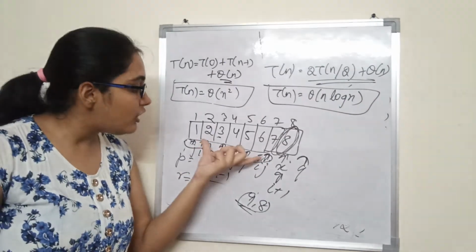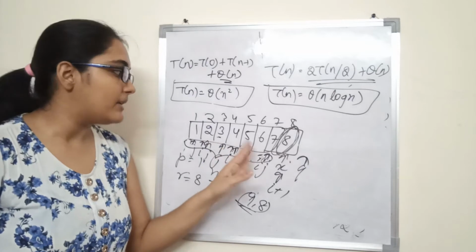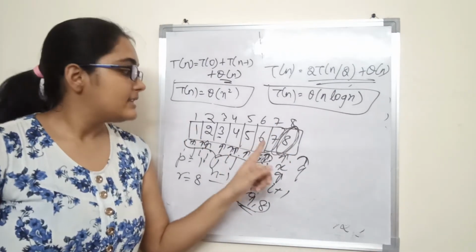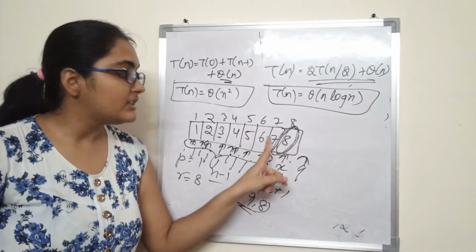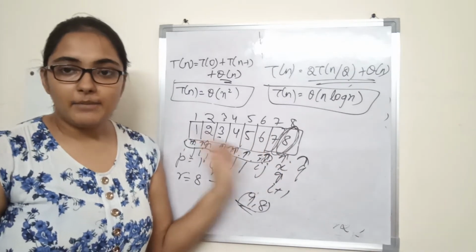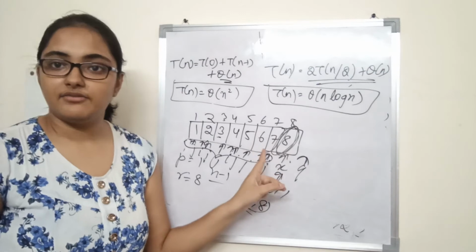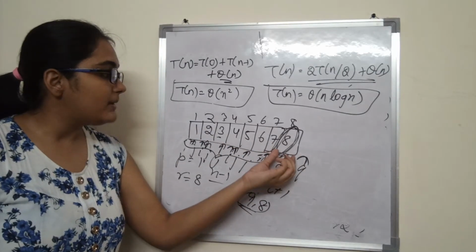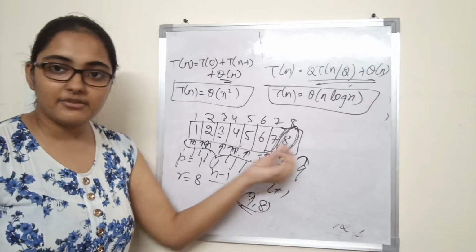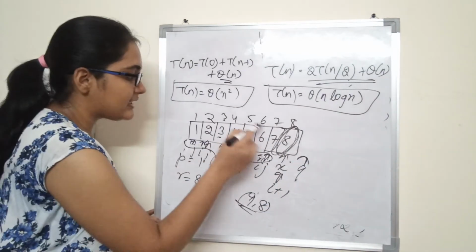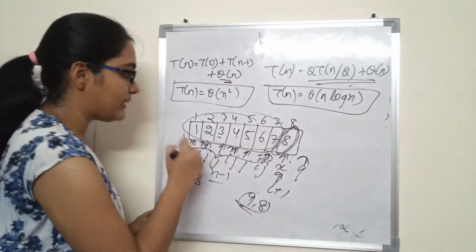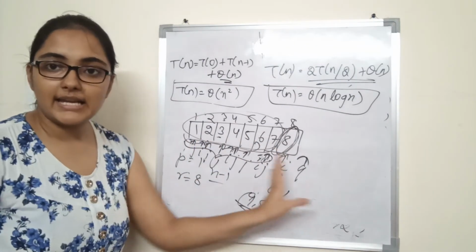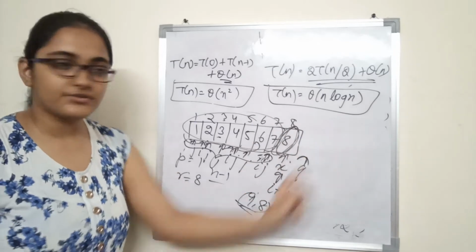Now again, when it is called on this array, that is, when it is called on this subproblem, a similar thing will happen. Again 7 will remain the same, that is, the index returned by the partition function will be 7 itself. So what it is doing is consecutively dividing the problem into two subproblems, one of size 0 and one of size n minus 1. Again, when it is called on this array, one partition will contain these 6 elements and the other partition will not contain any element, because 8 is now out of scope, right?